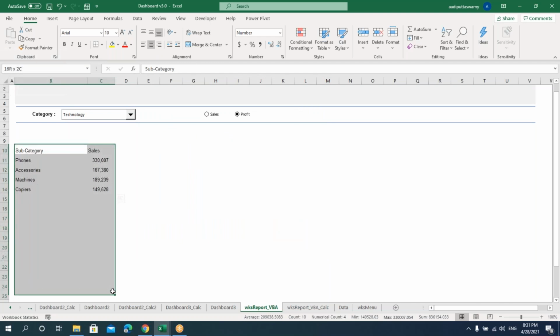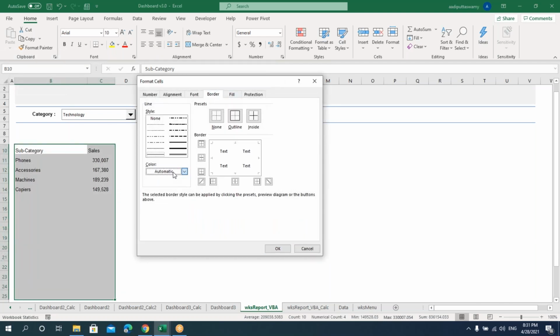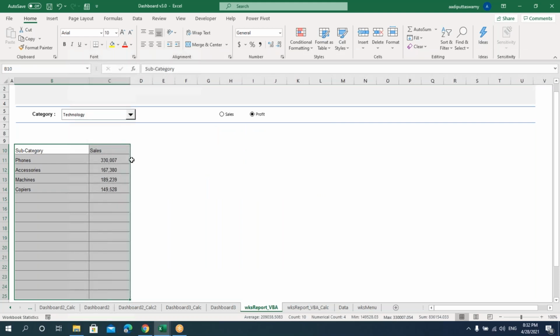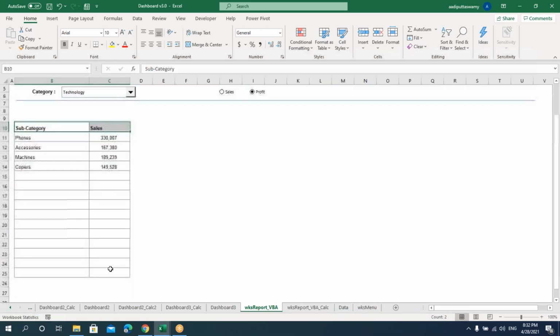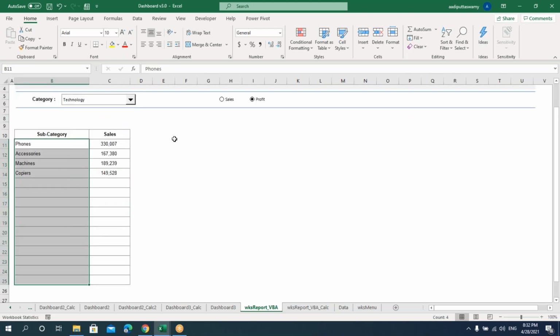We'll put the borders as well. Control 1. Take some borders. If you want, you can just increase these columns. Bold. Select. Right. I just formatted this table.